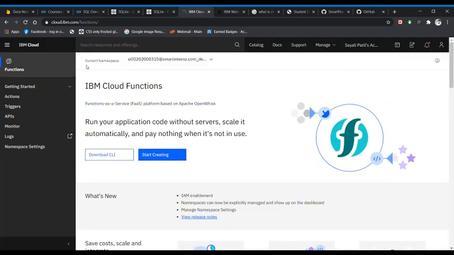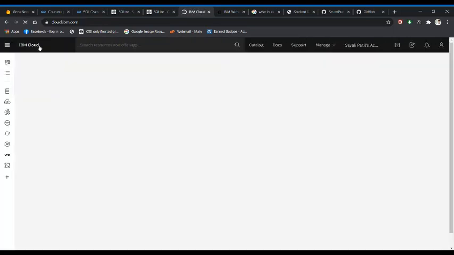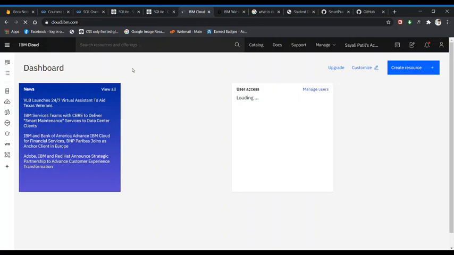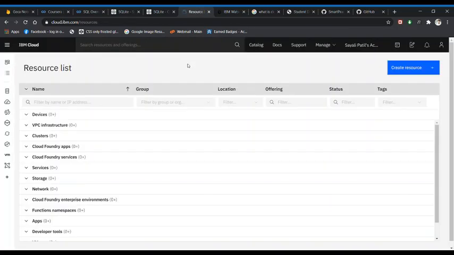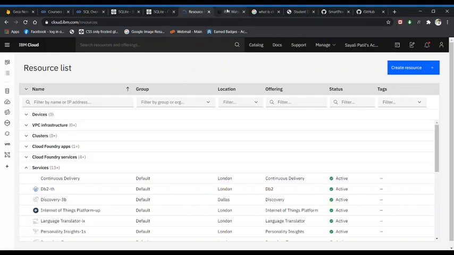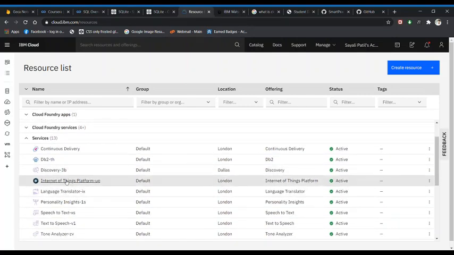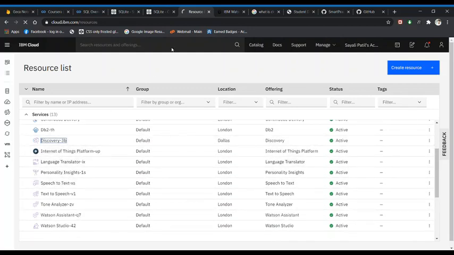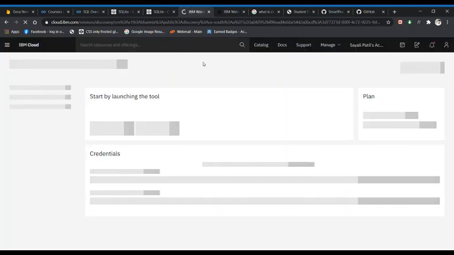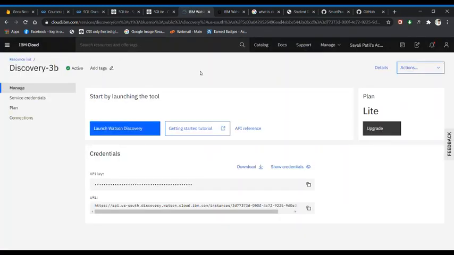And also we have used other services such as Watson Discovery, in which we have inserted the data set which are required for our AI recruiter, in which there are various questions and answers which are to be asked of the candidate.